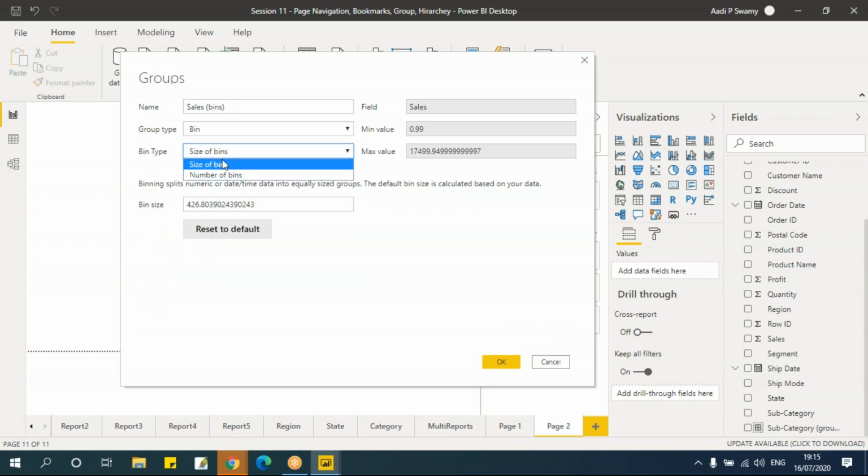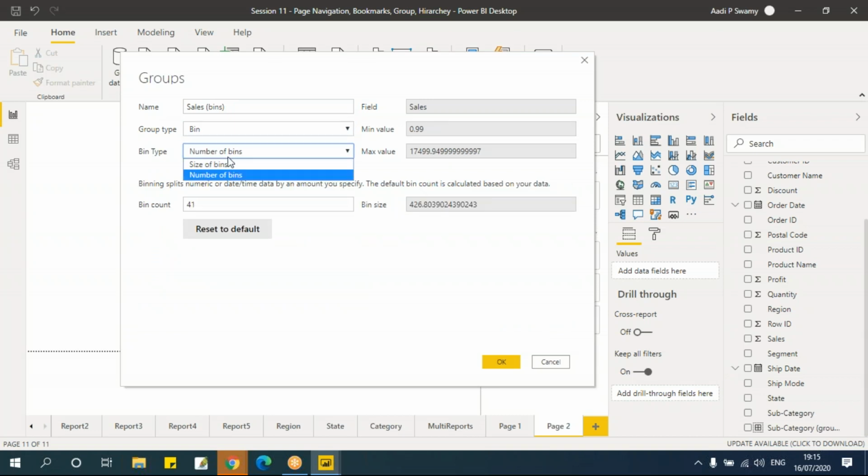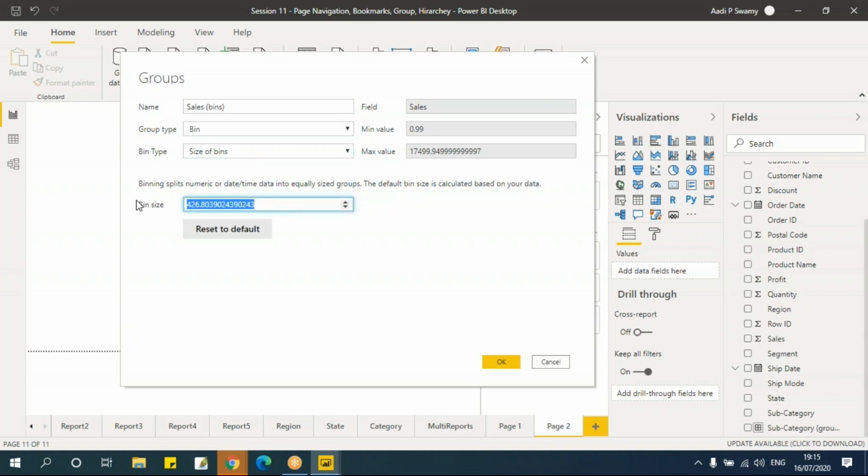It asks for the size of bins or the number of bins. Here I can group by size of bins, meaning I can specify the range of the bin, say 0 to 10. Otherwise I can specify how many bins I need. Now if I go here, by default I'll get a size of bins, it says 426.8 something, so it will take a default value. Let's go here, I'll make it 500,